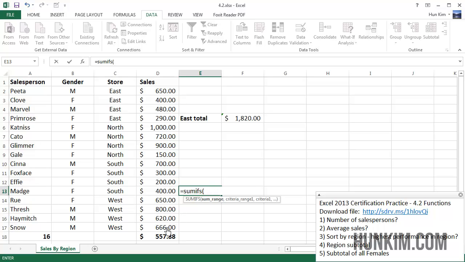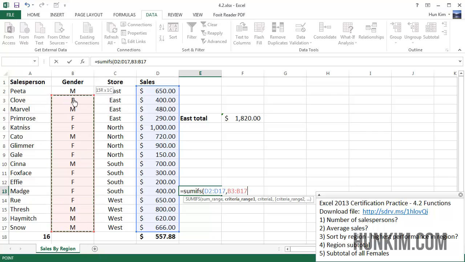The sum range is, I want to add these numbers up here, the sales. We want to find the total sales of the females, comma, the criteria range is going to be based off whether they're male or female. So this is the corresponding criteria range I want to play with. And Excel is smart, it actually knows what we're talking about, which one relates to which,